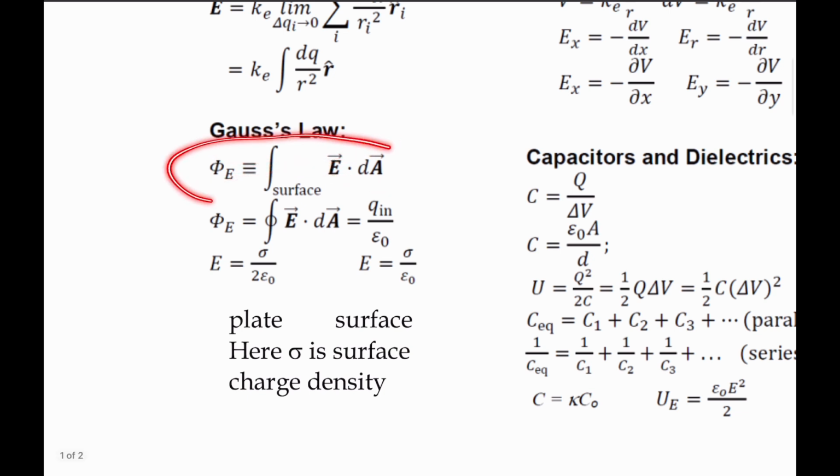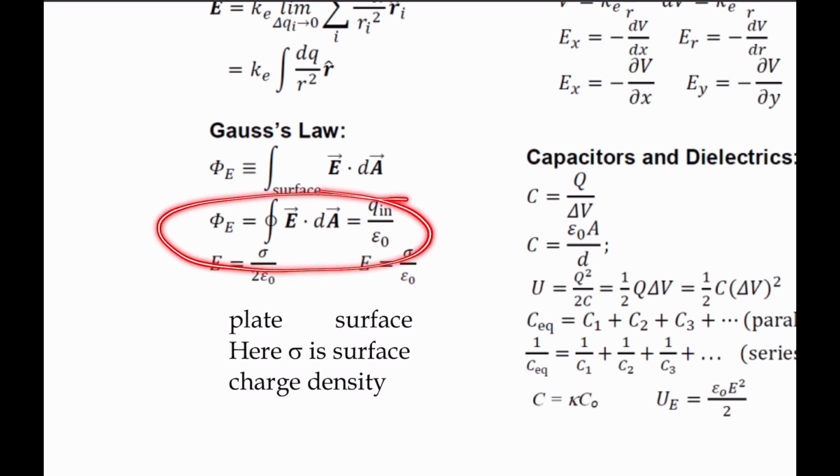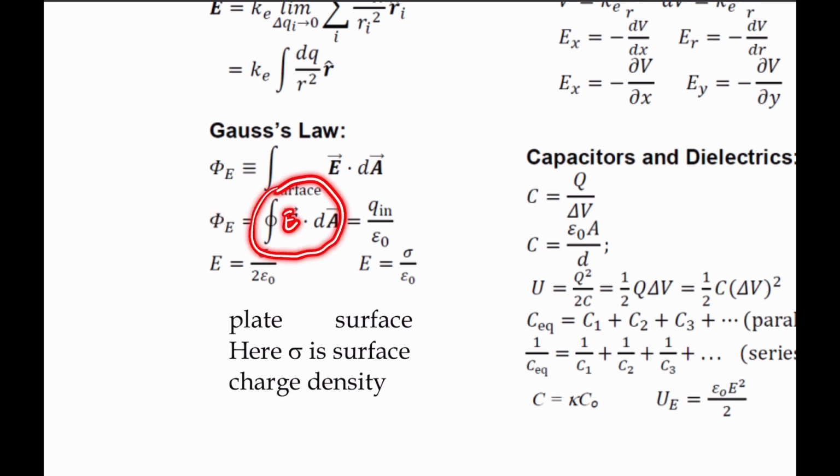So this equation and this equation are saying the same thing, except this second equation is a bit more useful because it includes this part. So it's telling you the electric flux is equal to the integral over the dot product of the electric field with the area vector, the normal area vector normal to the surface,